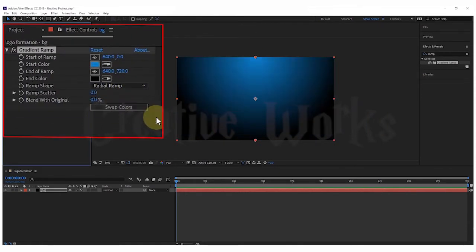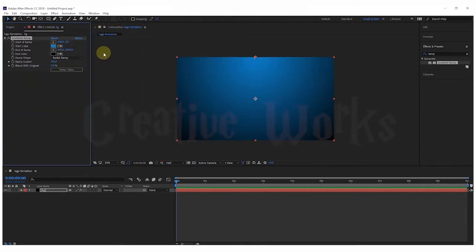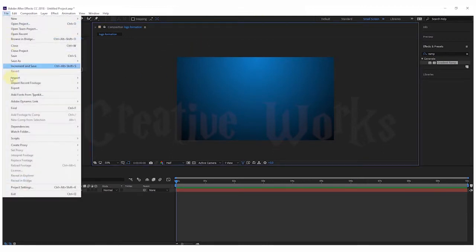Change ramp shape to radial ramp. Change ramp scatter to 150. Change end of ramp to 1000. We are going to use this as project background.